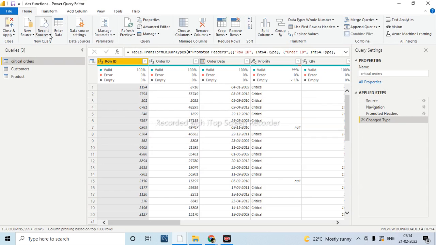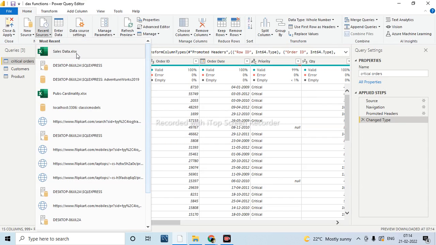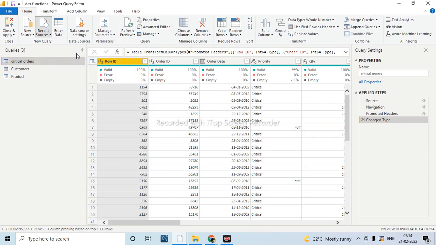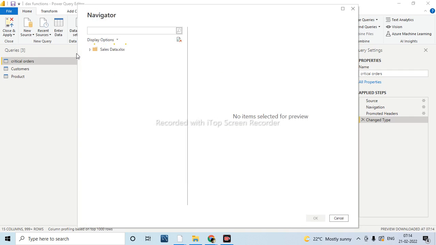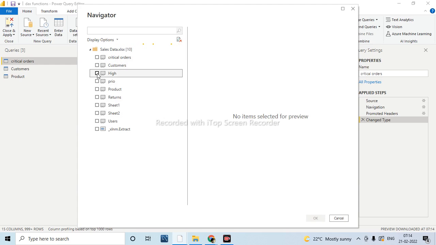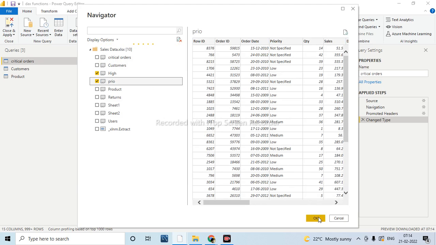Now I am loading the remaining data also, which we had taken earlier. Here I have this one and this one. Now let me load this information.